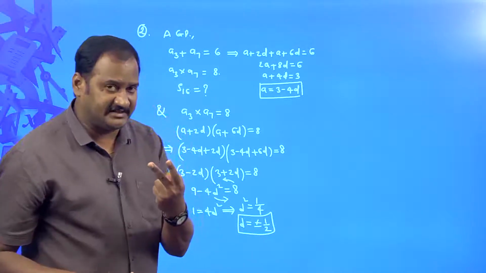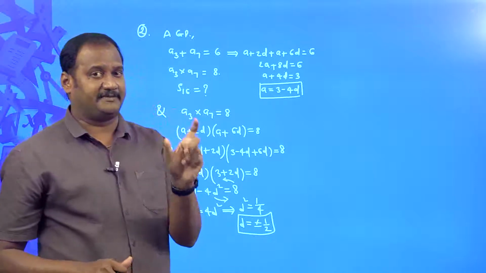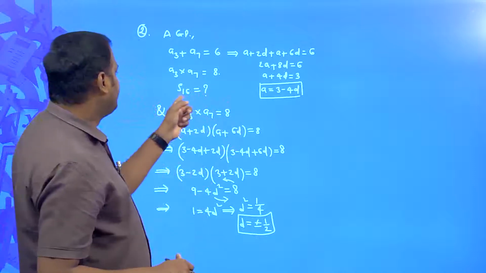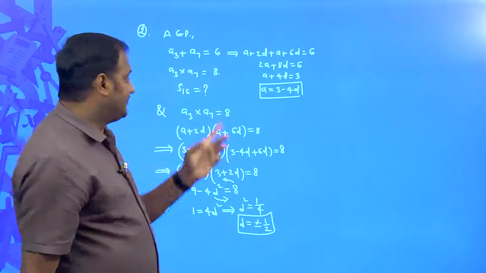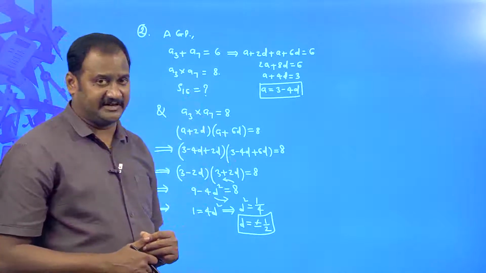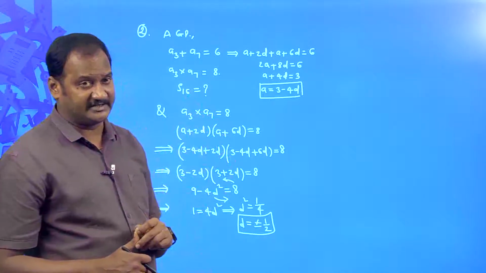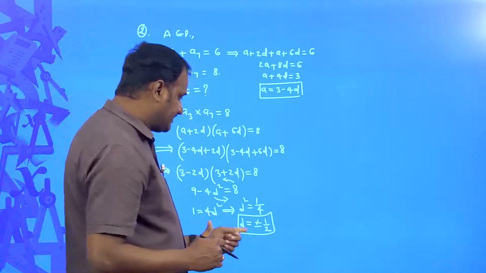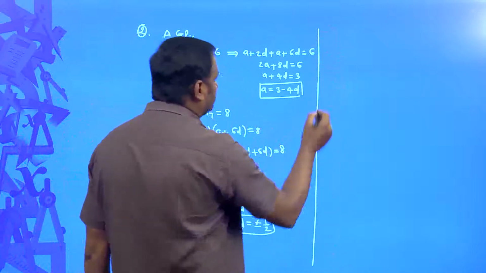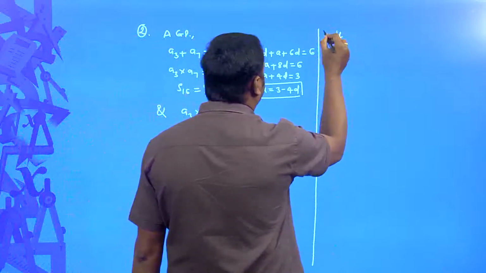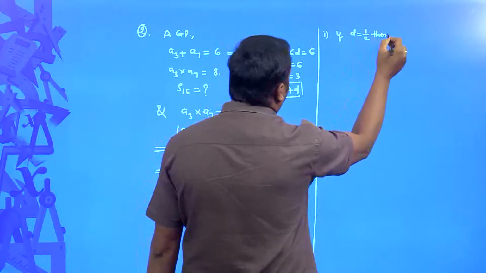Since two values of d are there, you will get two values of a. So, with the help of one particular pair of a and d, we can find the sum of the first 16 terms. With the other pair of a and d, we will get the sum of the first 16 terms of the arithmetic progression. So, there are two different cases that you will have to notice, right. Okay. Let me take first d equal to the positive value. If the value of d is equal to positive 1 by 2, then what about a here?